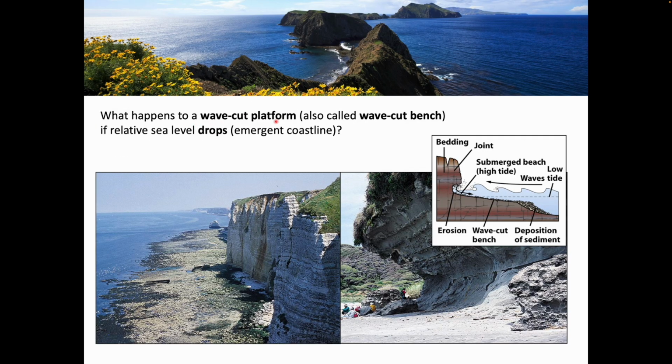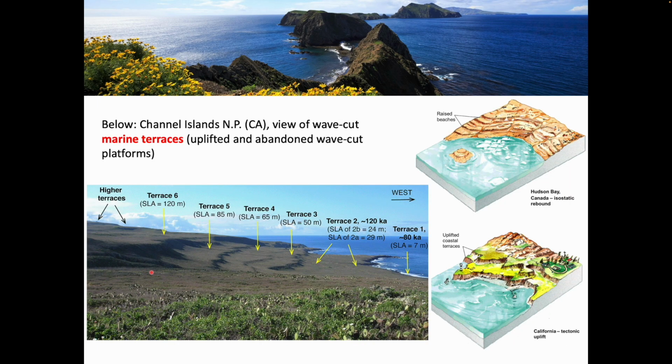So what happens to a wave-cut platform or wave-cut bench if relative sea level drops, forming an emergent coastline? Well, you will get a platform elevated above the surface of the sea. Some of the best places in the world to see these features are in the Channel Islands National Park of California. These islands are surrounded by marine terraces, which are former sea levels, ancient wave-cut benches that have been slowly